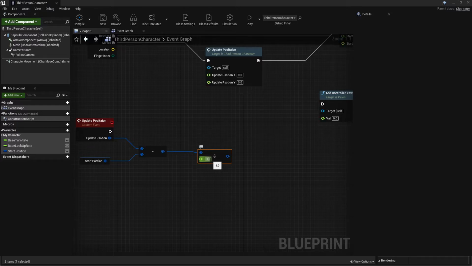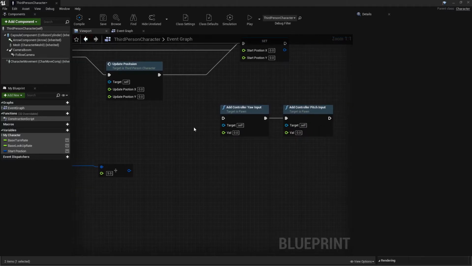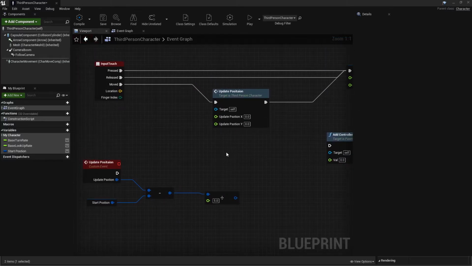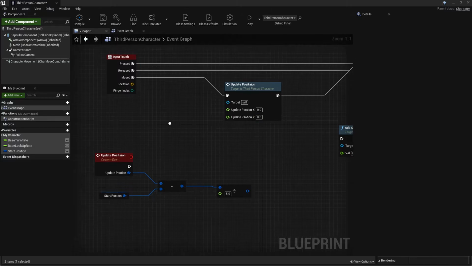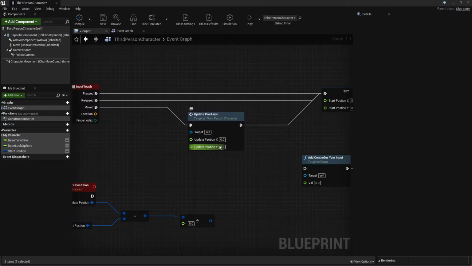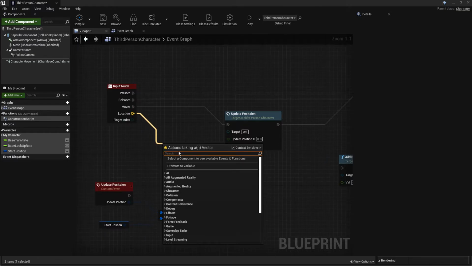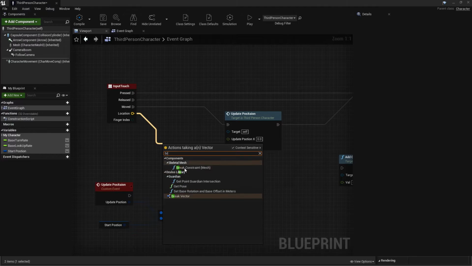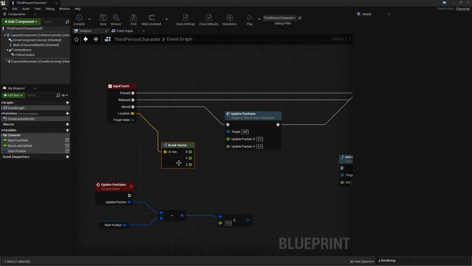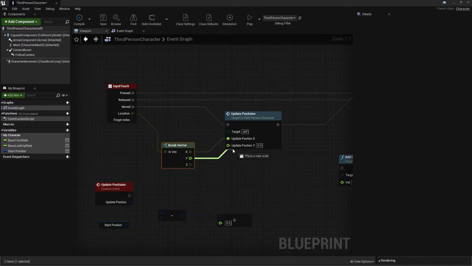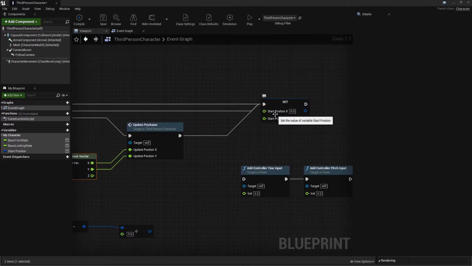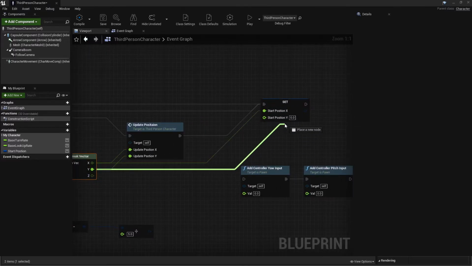The divisor is just a speed, how fast your touch moves. This controls your speed, so by increasing and decreasing it you can control the turn or rotation speed. From here you now need to fill up this X and Y, and this X and Y. How? Just get the location. From the location you need to search for break, and you find the vector value, and just connect it with this X and Y, and one is done. Also you need to connect it with this X and Y.